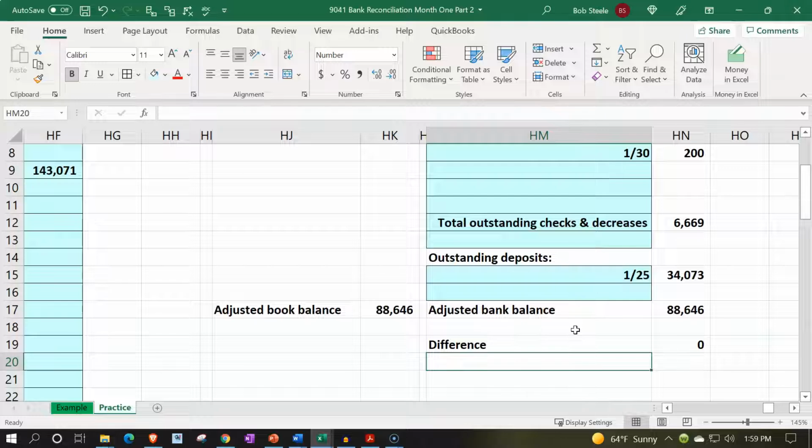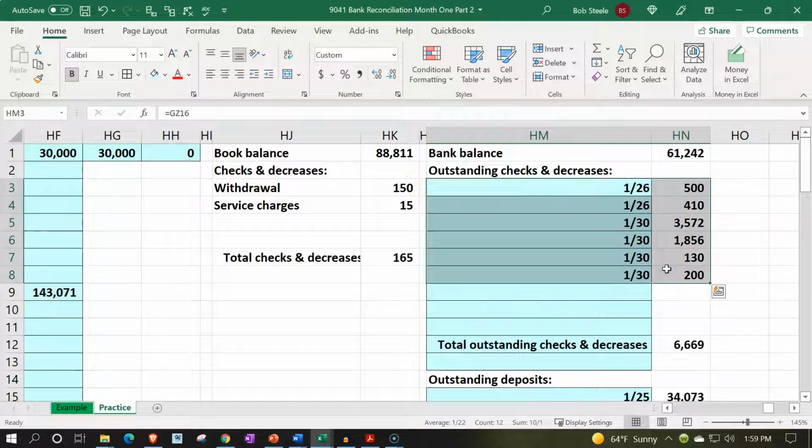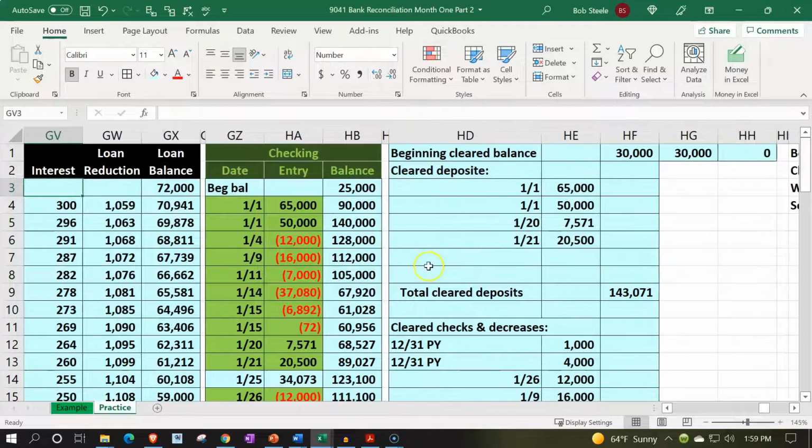We know what the difference is between the ending bank balance and the ending book balance. But in order to know what that difference is, you've got to find out what the outstanding items are. And to do that, you've got to do this ticking and tying type of problem that's over here. Now, if you use accounting software, all you really do is this ticking and tying kind of process, and then the system can put together the bank statement, which is in essence this report. However,